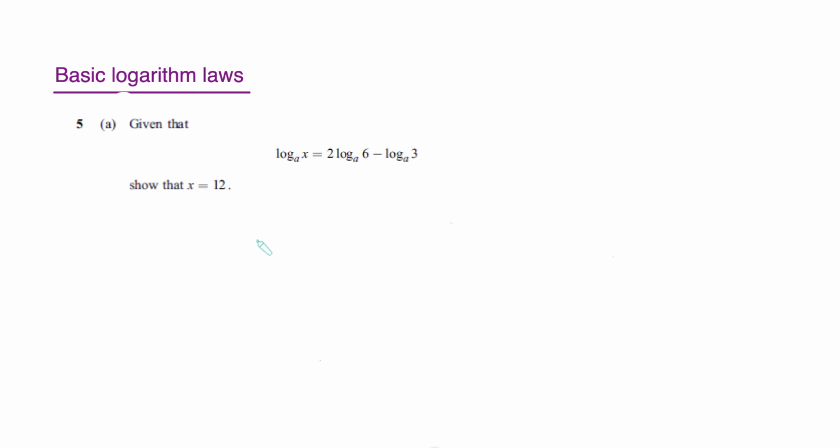So this question is a little bit more interesting and actually gets you using some of your log rules. My tip for these is when you look at an equation like this and you've got lots of logarithms and you're thinking about a few of your laws, I would always look at this 2 here and think that's not very useful. I don't really want any numbers in front of the logarithms. To be able to apply your log laws, you can't have numbers at the front. Okay, so what we can do here is we can just leave the left-hand side as it is, and we take that 2 up as a power, so it's going to become 6 squared,